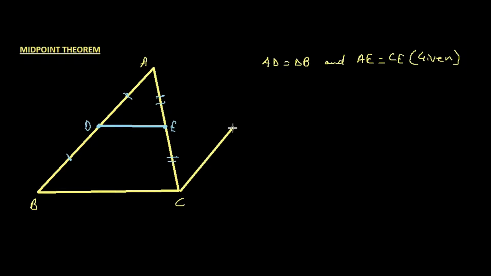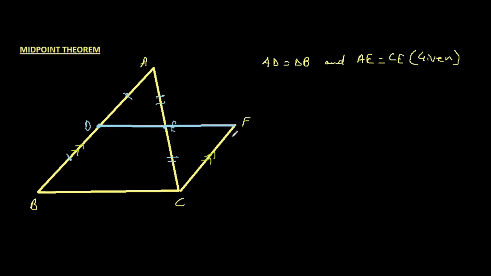Let's make a line which is parallel to BD. And let me call that point F. And we'll extend this line DE further and join it at F. Well, we don't know whether it's a parallelogram or not. We'll have to prove that this is a parallelogram, but what we know is that BD is parallel to CF. So this is what I have here, and I've marked them as parallel. So let's start with this, that BD is parallel to CF.